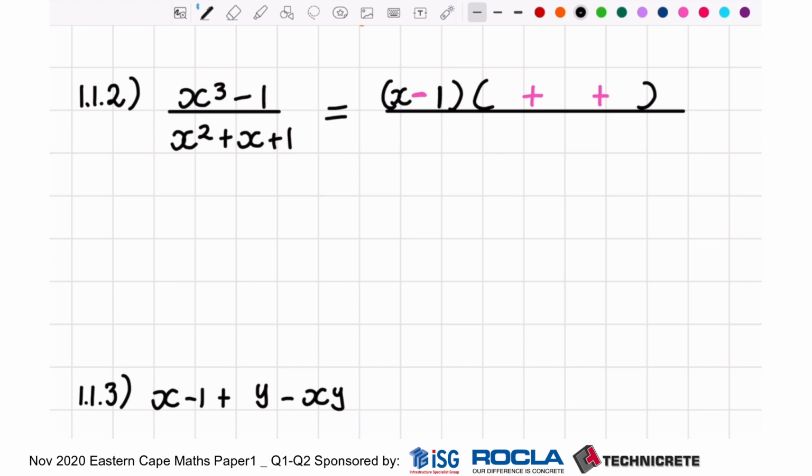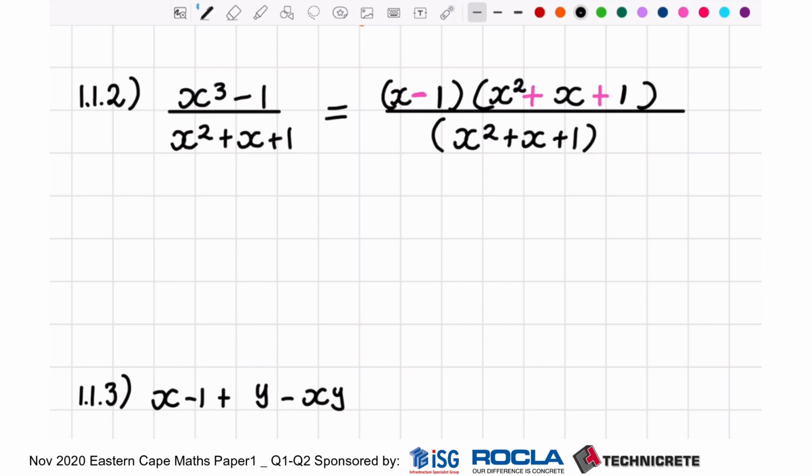And then for my second bracket, it's going to be a quadratic expression, like I've said, and the first term is going to be whatever is here squared, so I've got x squared, and then for my second term, I'm going to have the product of these two things, so x times 1 is x, and then for my last term, I'm going to have this term squared, which is 1 squared is 1, and I'm going to keep my denominator the same,